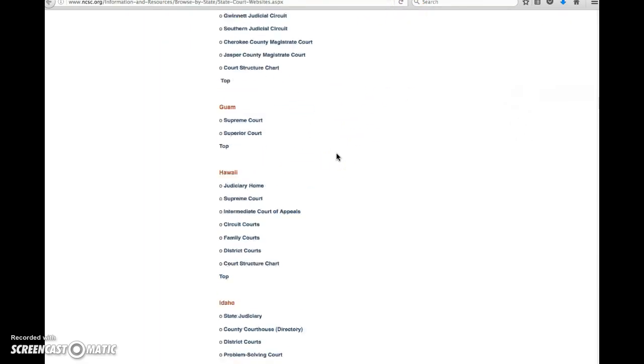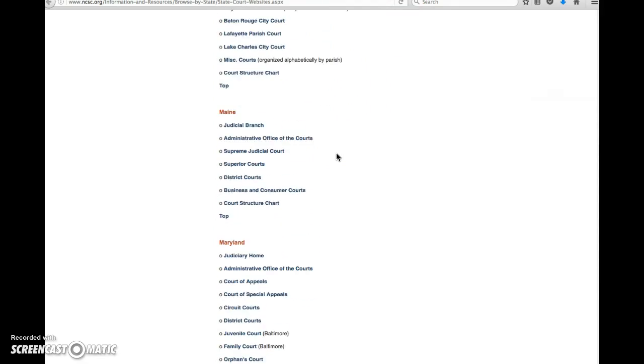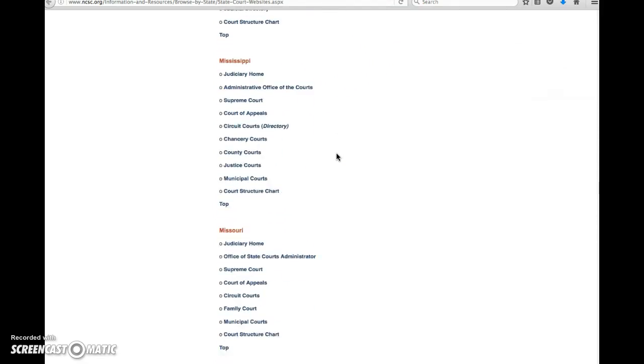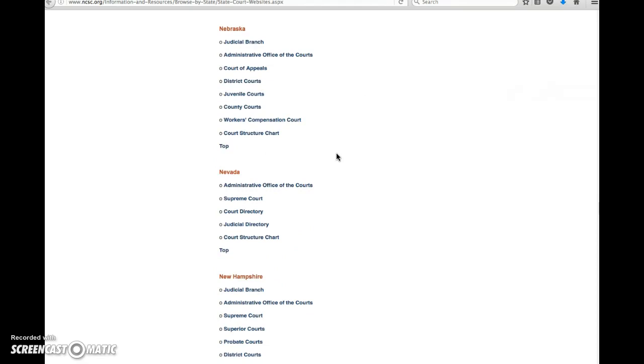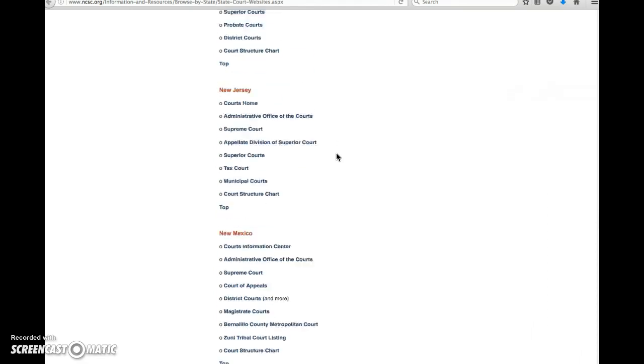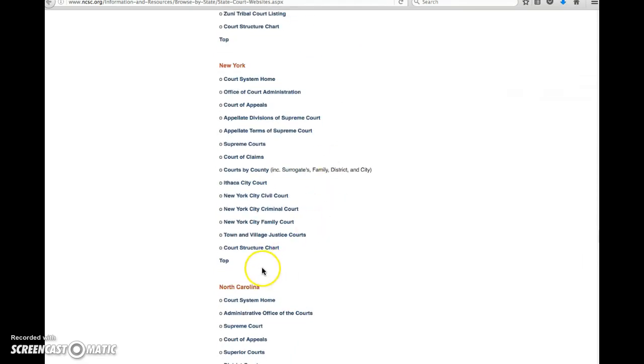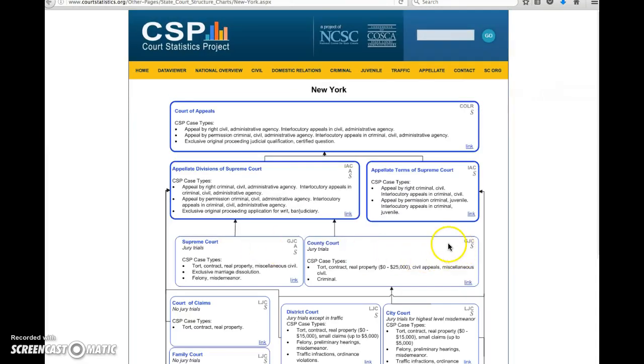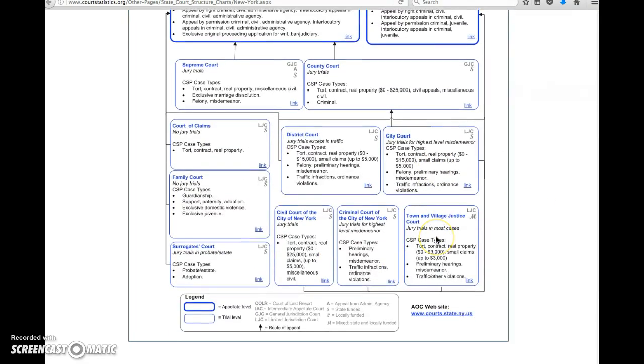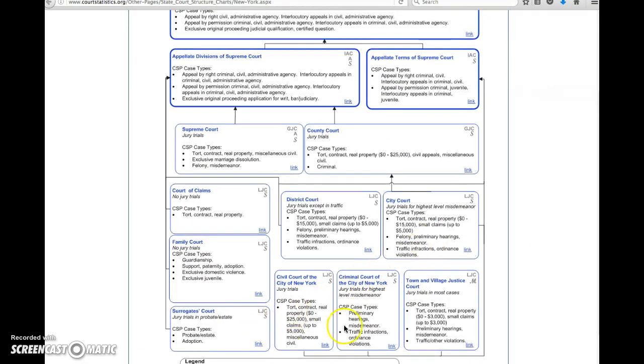I like to look at New York, like I said, because it's very, I don't want to say complicated, but for those of you who live in New York, you might be used to it. But here's the structure of New York. So we just looked at Idaho. Look at this one. So you can understand how complicated these cases can be in terms of which court has